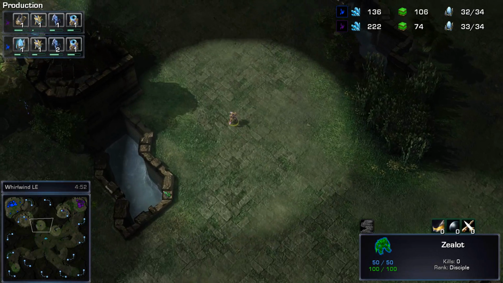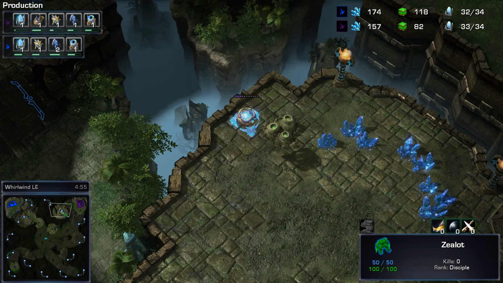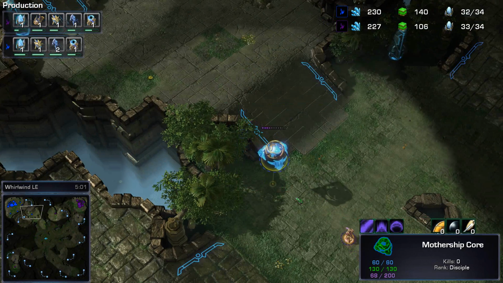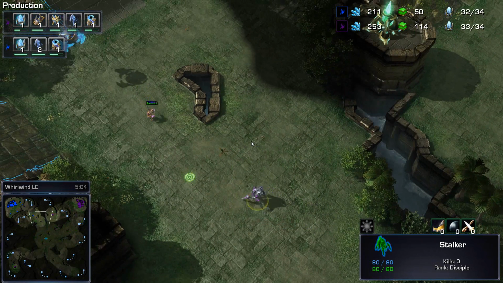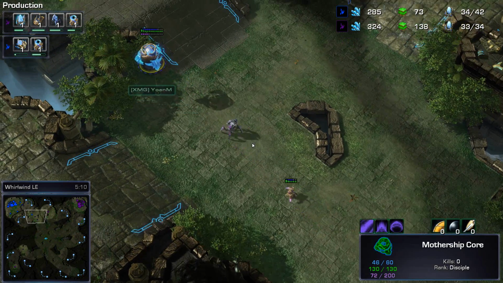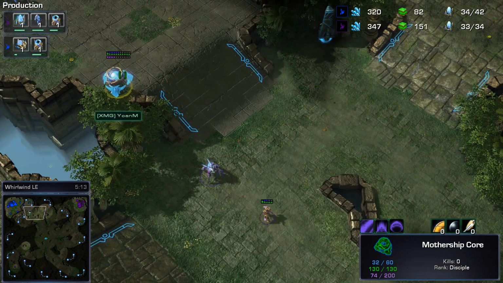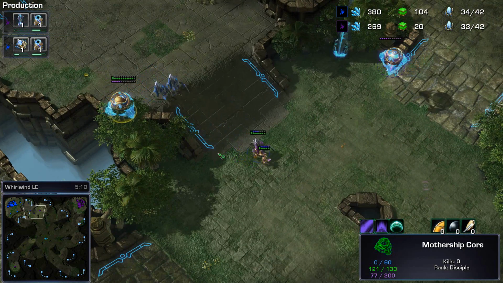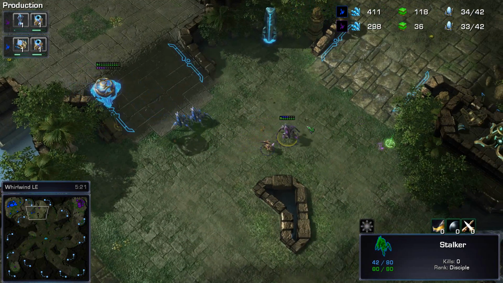Zealot now running its way off to the north. Stalker should be coming in from the back. Also, Mothership Core comes in here as well. Stalkers always come in from the back. What's the point of stalking your opponent from the front? As the Stalker now comes in to try and poke a bit of damage onto that Mothership Core. The Mothership Core has taken a little bit of actual structural damage there, as the Zealot may now be in